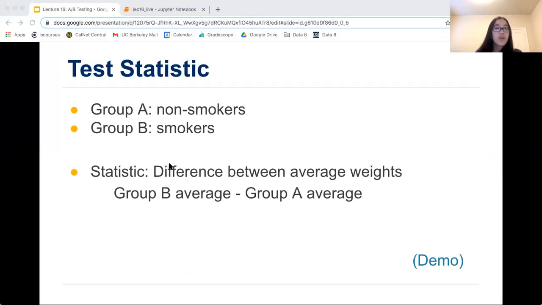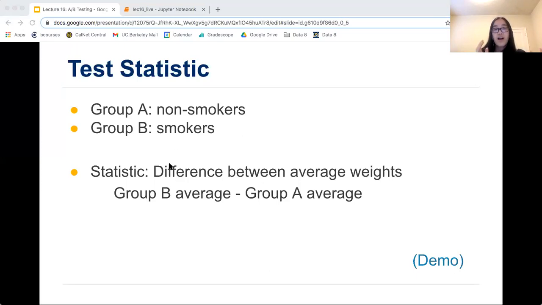And then before I go back to the demo, which direction would favor the alternative? Remember, group B is the mothers who did smoke and group A is the mothers who did not smoke. So we've defined our alternative to say we expect the mothers who didn't smoke to have babies with lower birth weights.